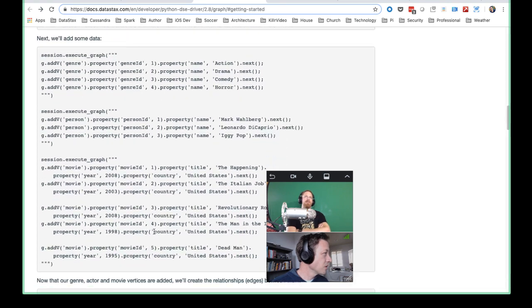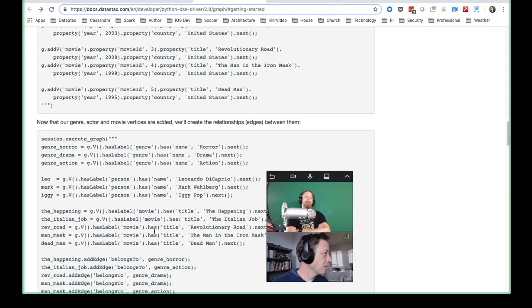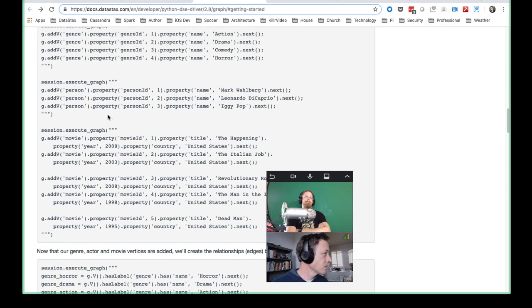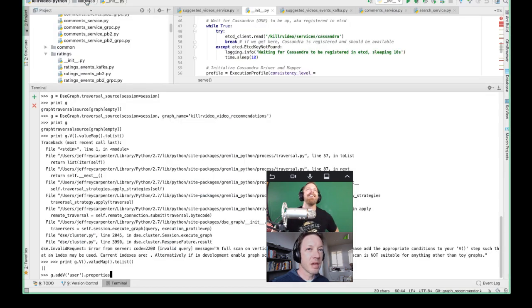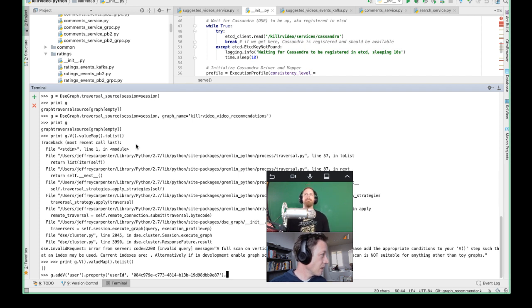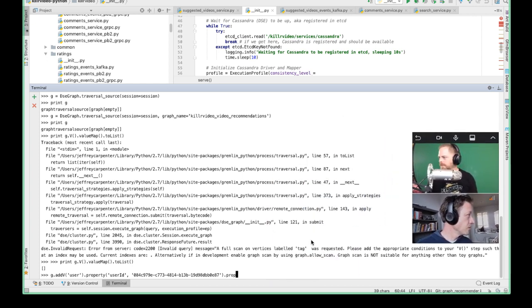Does a UUID have to be enclosed in quotes? I think it does, right? Have a look at my examples. Okay. I think I saw it in your examples that way. So it's dot property user ID like this, and then that, and I'm going to add another property, which is